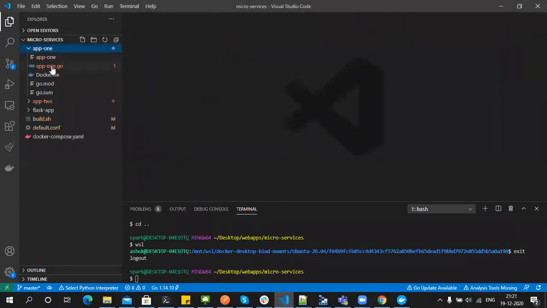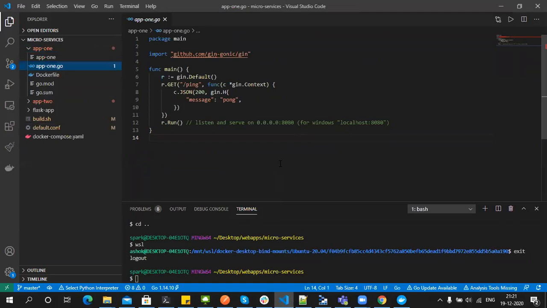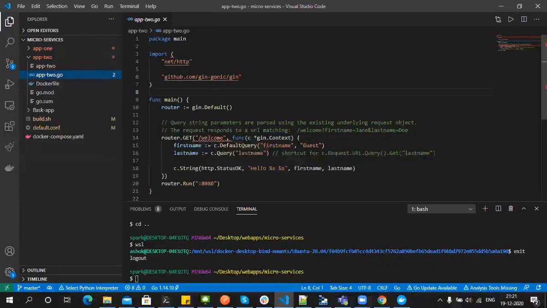This is my first app. It's a simple Gin application written in Golang. When I send a ping, it just gives you a pong. That's the first application. The second one is also a Gin application, but with a different route.